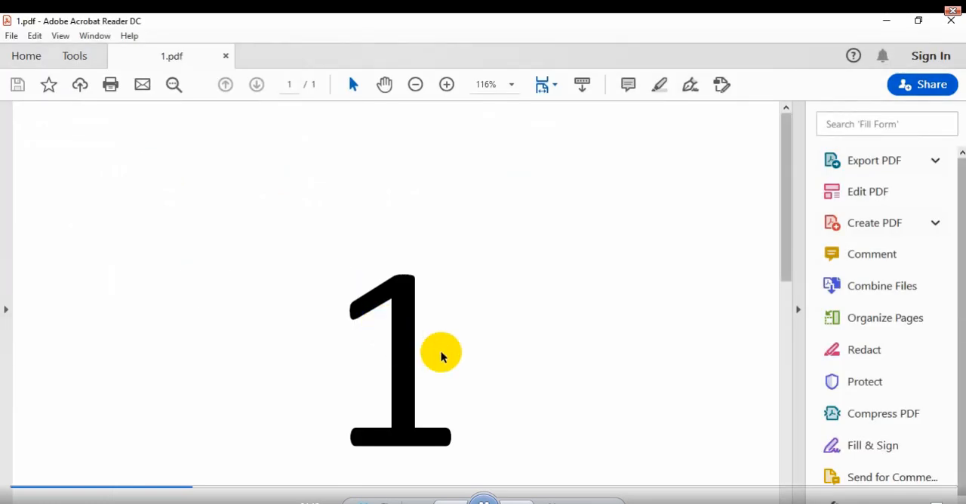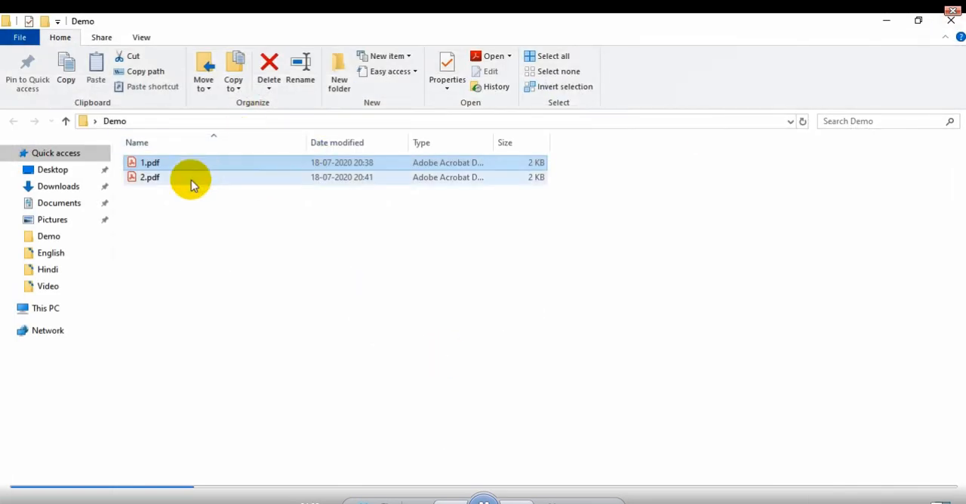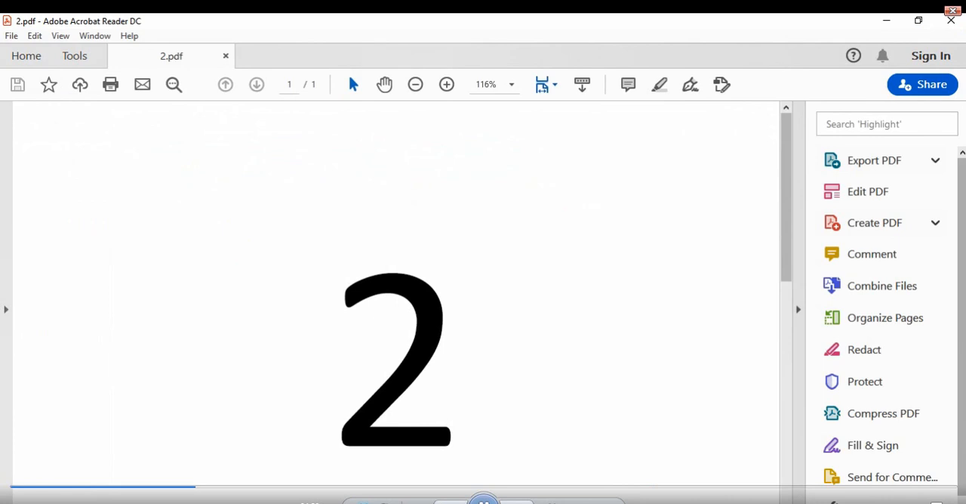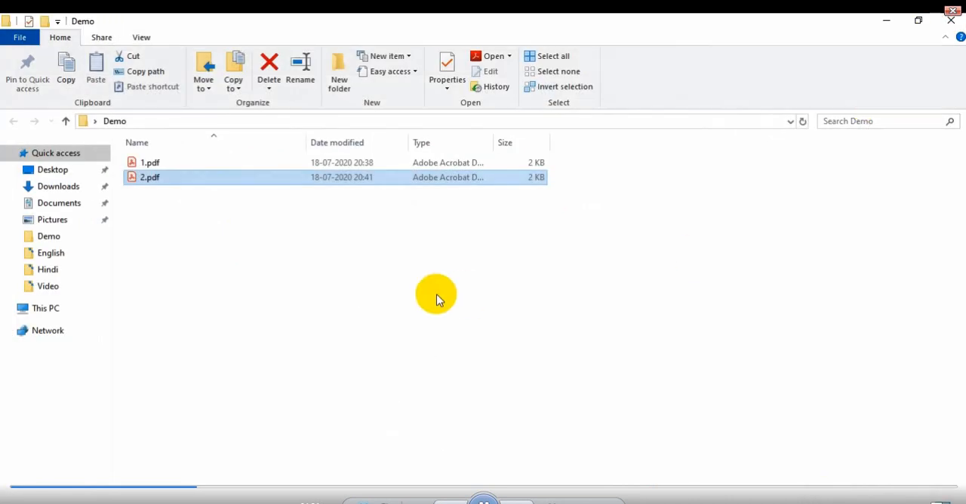Open one.pdf, I have written one only, closing this, and in two.pdf I have written two. So we have two PDF files. Their sizes are 2 KB, 2 KB. But assume that one file of your office that you want to bring in the e-office file management system, means in this browser screen we have to,